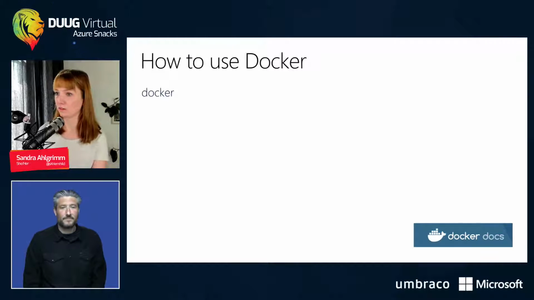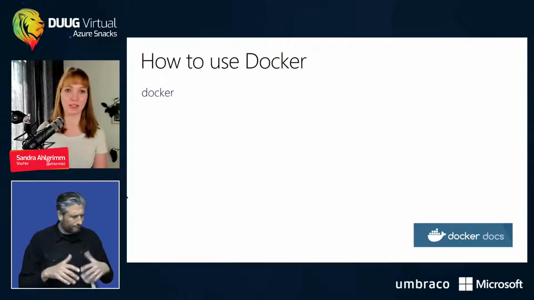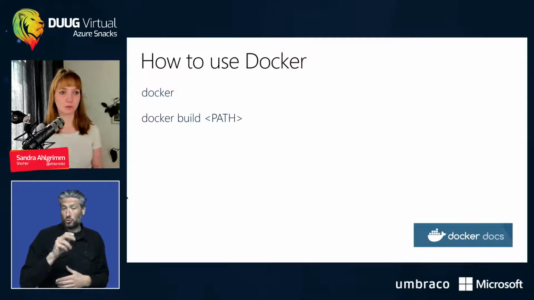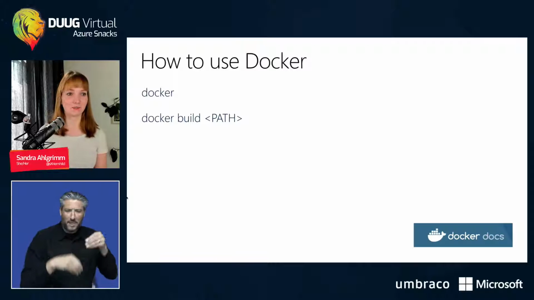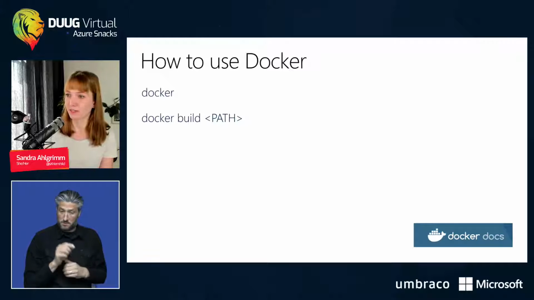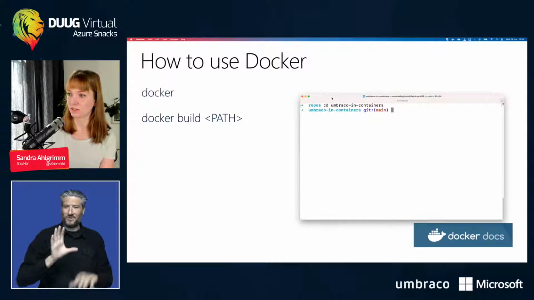So, just find this window here. Okay, apparently I can't find my mouse, so that's fine. So with Docker, I would just see the Docker help. Docker build path allows me to build my Docker image, will build my Docker image where I am now. So if I'm in the correct folder right now, what I would have loved, here, there we go. So let's see if that's big enough.